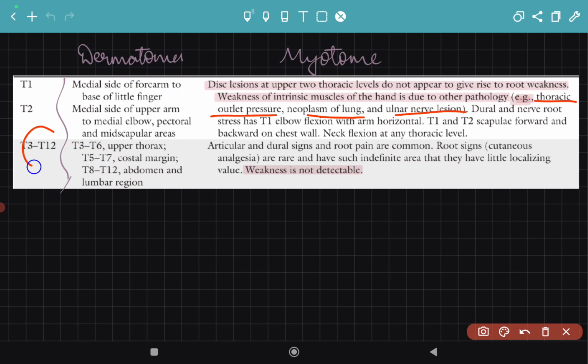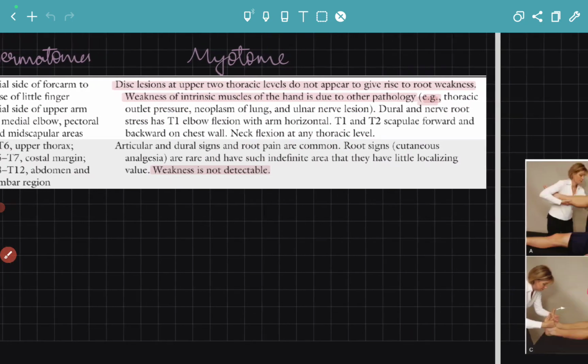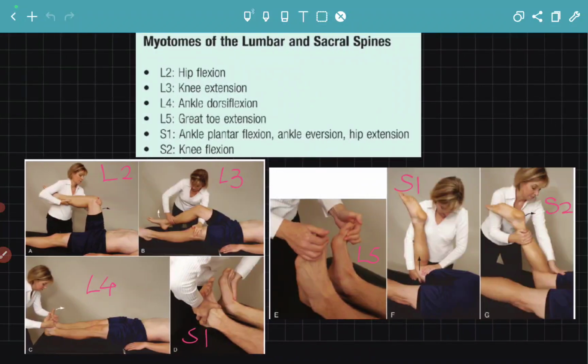And one more thing to note is that for T3 to T12 also, weakness is not detectable. That is, the articular and dural signs and the root pain are common. Cutaneous analgesia is rare, so they have little localizing value, so we cannot rely on this. So thoracic myotomes will not be tested. After the cervical region, we will straight away move to myotomes of lumbar and sacral spines,